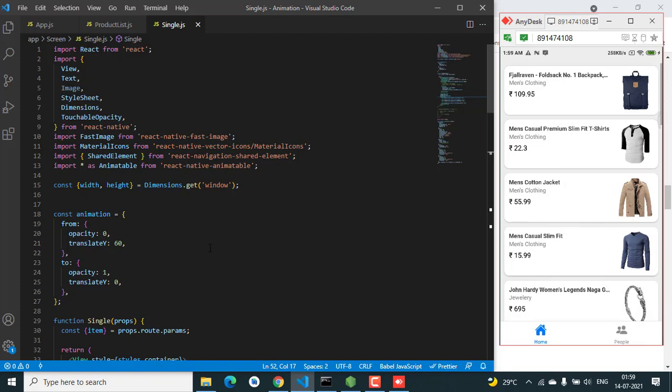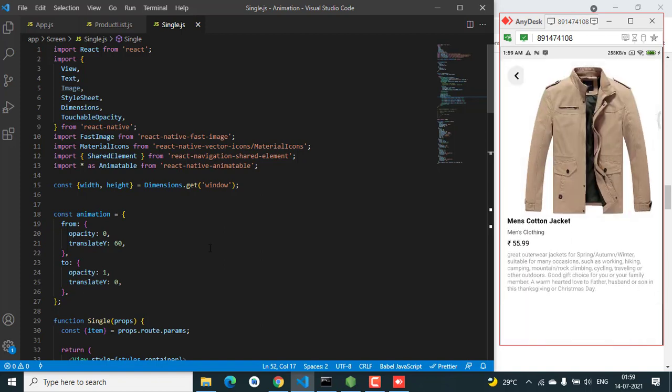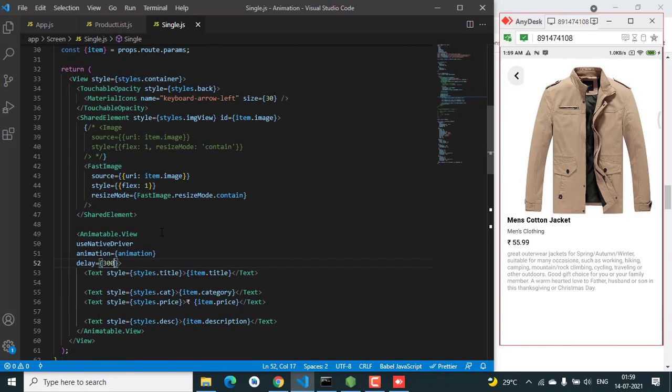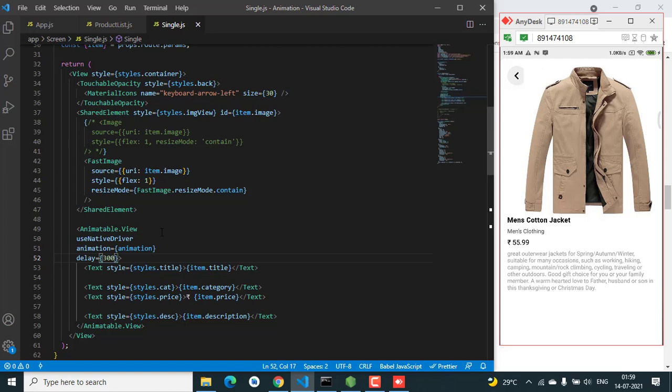This is React Native shared element transition. Let me know if you like this video, and yeah, this is it. So two things you have to keep in mind: use yarn to install, and use FastImage instead of the Image component from React Native.